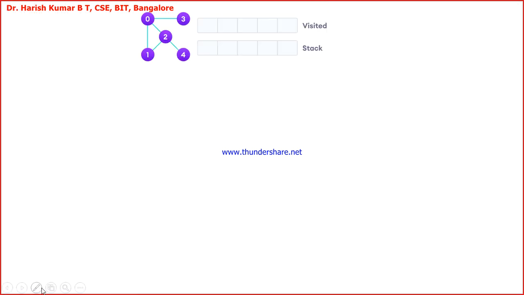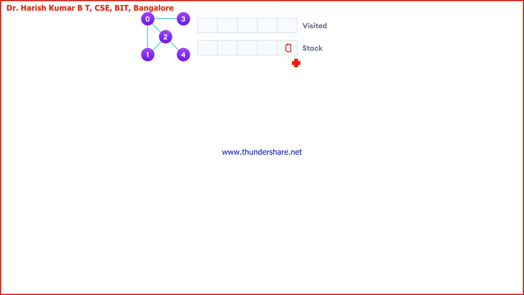Okay, now I'll go for writing and showing you people. So this is my graph. So starting from 0 I got to do it. I visited, I'll use this itself. For stack I'll write my own, or else let me use this itself. Initially I want to start with 0. I'll put 0 here in this stack.